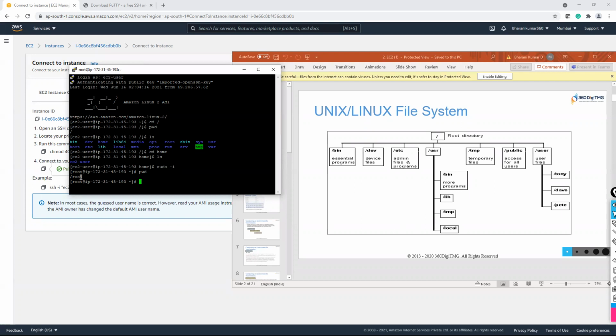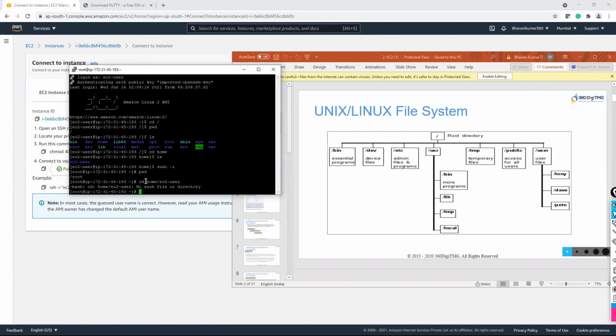If you want to open some file which is in home, then you have to go to home first. Suppose ec2-user is there, I have to go to home/ec2-user. See, why? Because I'm at the root path, and within root I don't have a subdirectory called home.